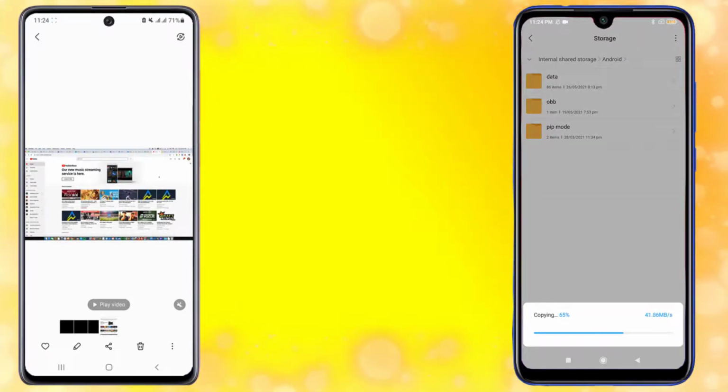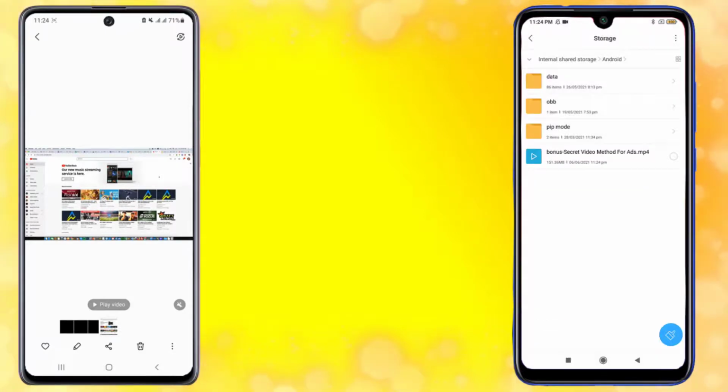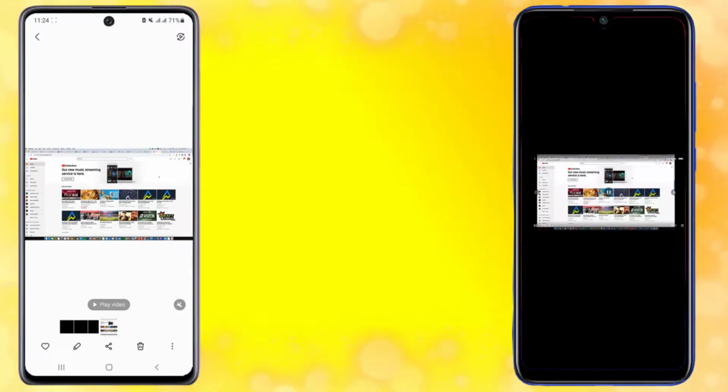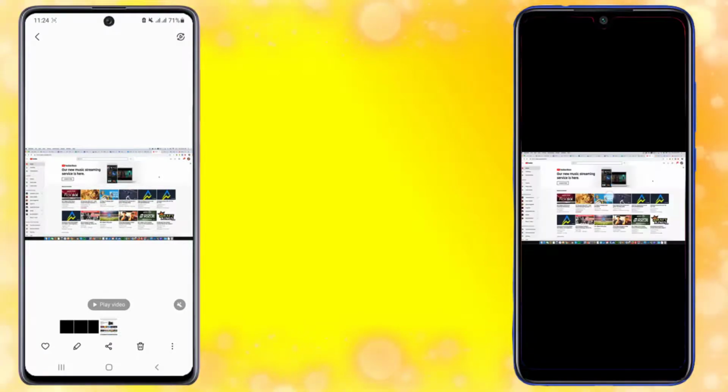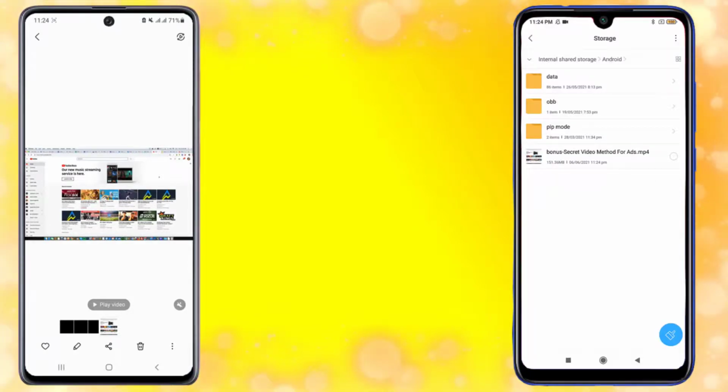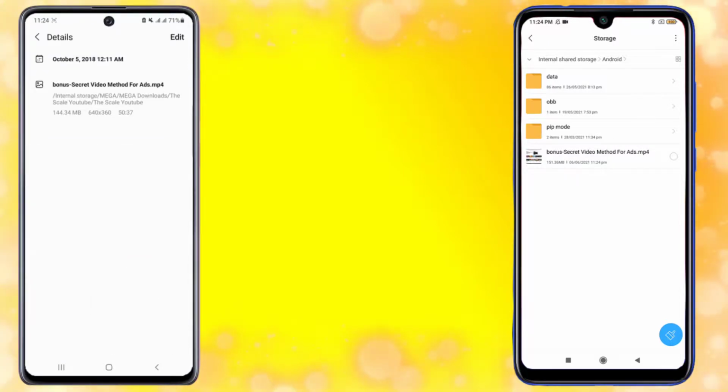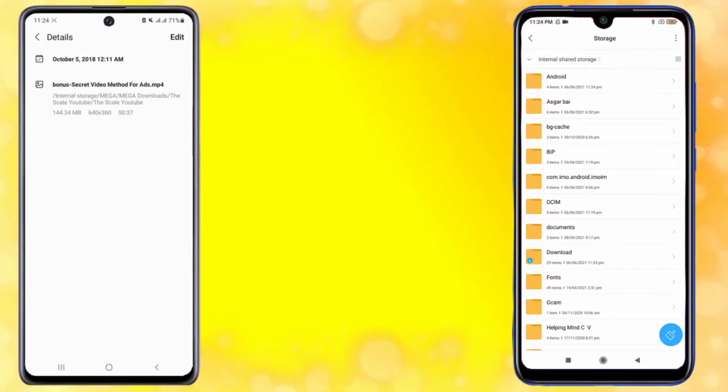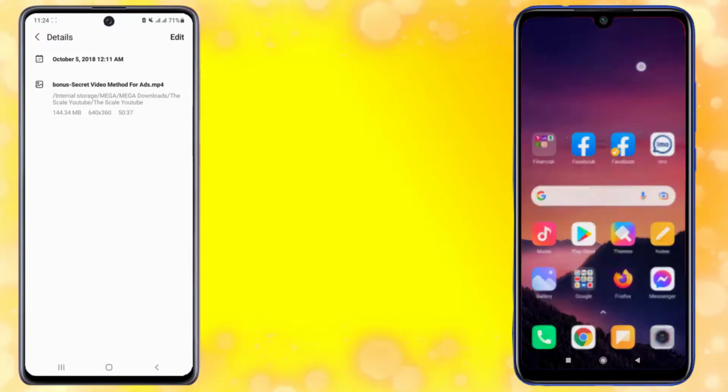After copying, we see the same video resolution and details. Here we can see the same video is received by Nearby Share. If we check the details of the video, we will see the same details, same resolution, same size and other info. So I will tap on the video to see the details of the quality, and if you check the video quality, you will see the same size. Now I will go back to my Nearby Share.